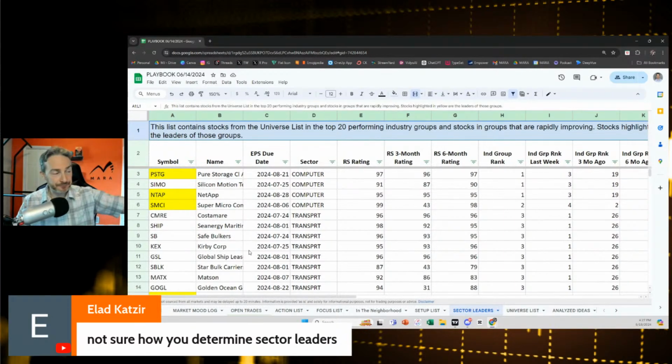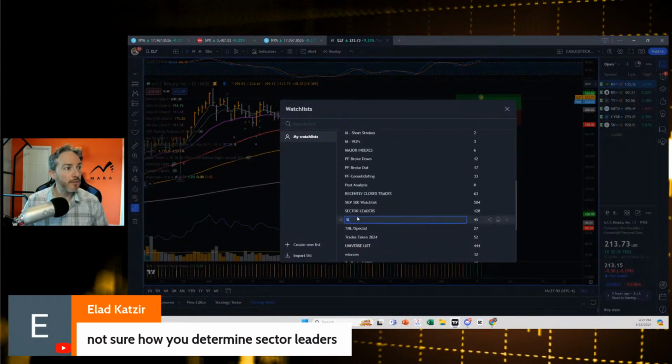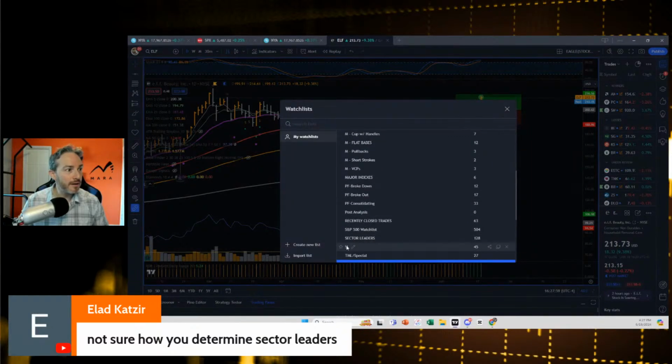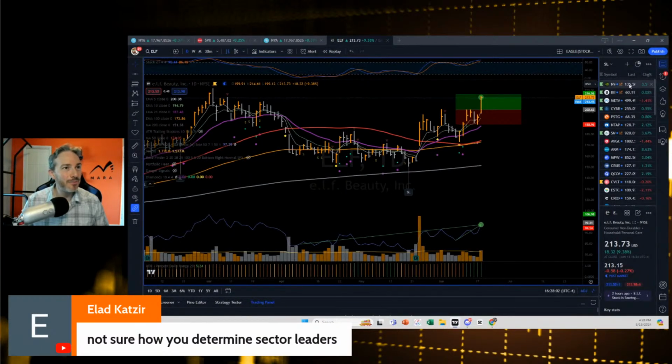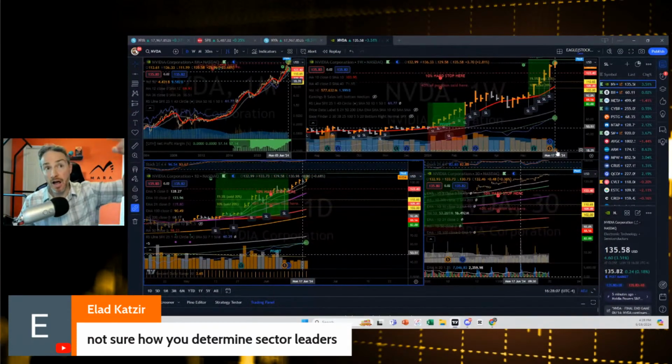Then after that, I export this list, I put it over into TradingView, and then manually, one at a time, what I'm going to do is click the right thing and then go through each one of these stocks and see, did it make a higher high on the week? Or did the relative strength line push into new high ground? Because that's showing me leadership quality. If the stock is making new highs, then at least for that week, it's showing leadership, right?